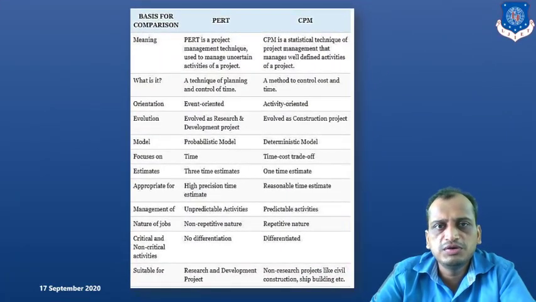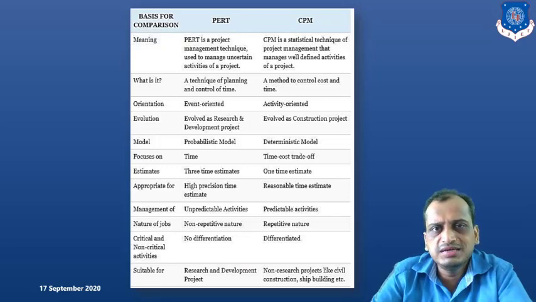Next, we will look into the comparison between the PERT and CPM technique. Now, if you talk about the differences, basically PERT is event oriented. It revolves around the events, and CPM is mainly focusing on the activities, right? PERT means Project Evaluation and Review Technique. In case of CPM, it is Critical Path Method. From the application point of view, CPM is focusing on construction projects, medium to small industries, and manufacturing industries. Specifically, the Twin Towers in New York were built based on the CPM technique.